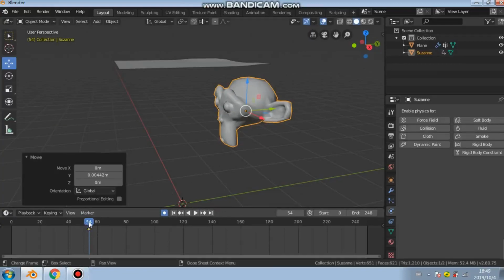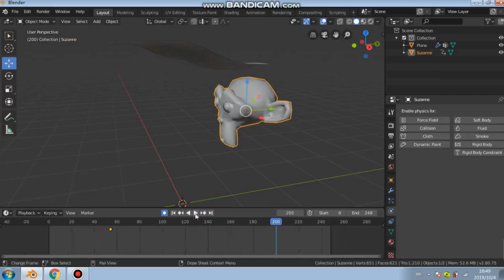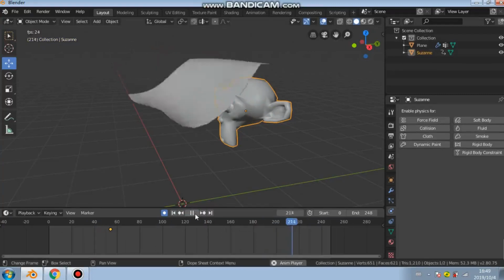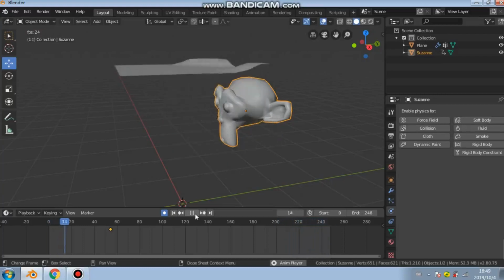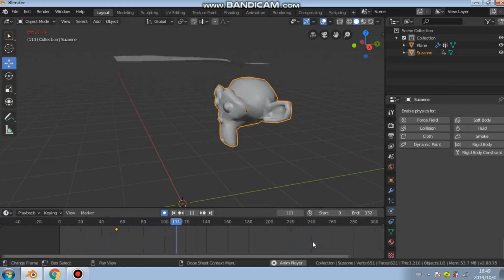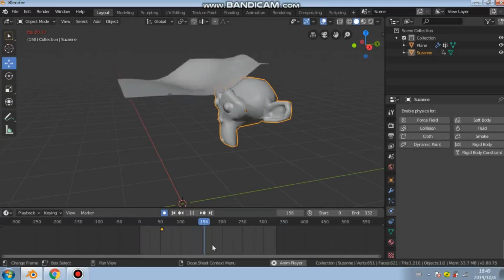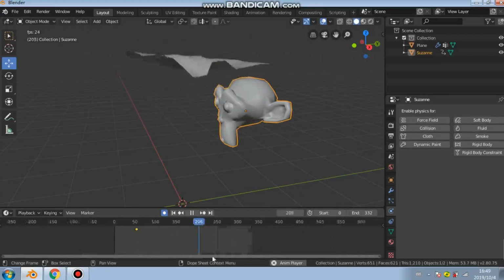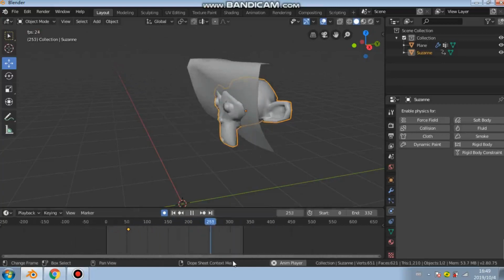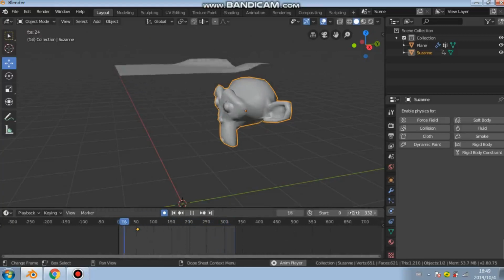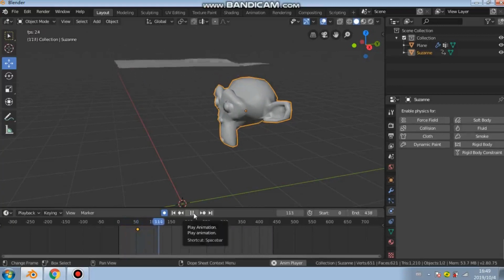So if I move this along here now, I'll zoom in somewhat. You see what happens is it goes straight through. You can zoom in and out on the timeline, by the way, and scroll along by holding this bottom grey bar here, but you can also zoom in and out with the mouse wheel. But I'm just saying here, let's say for example, I wanted to